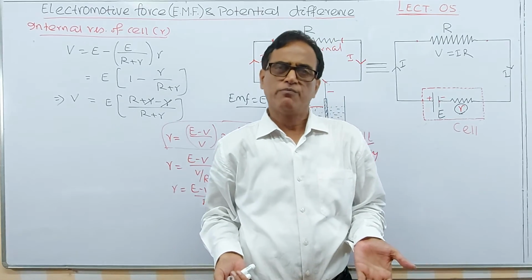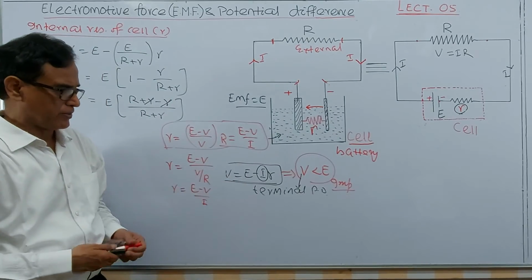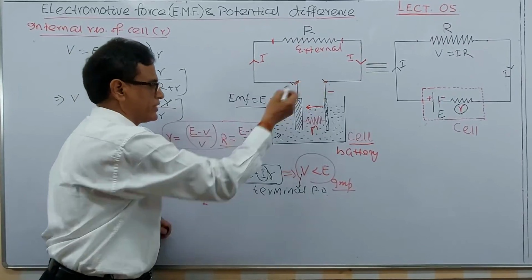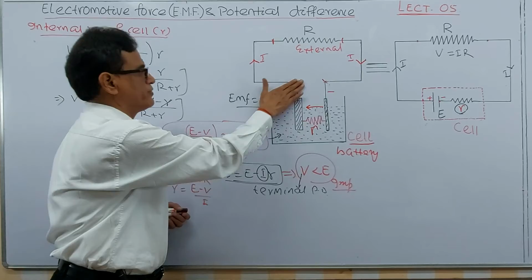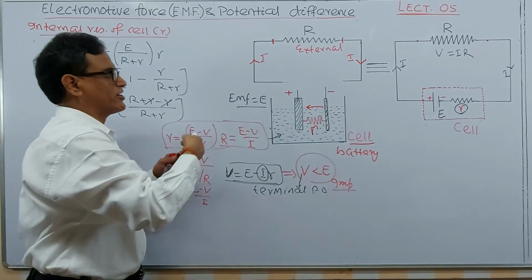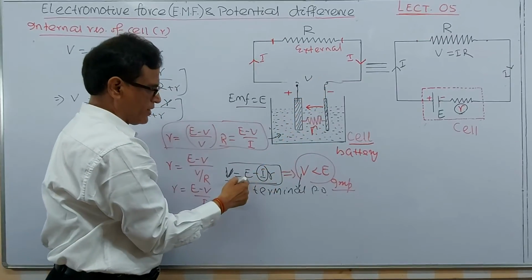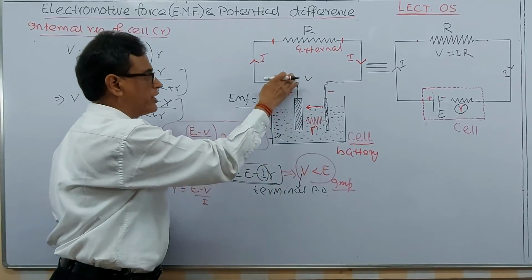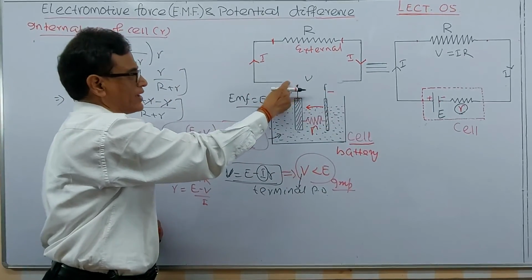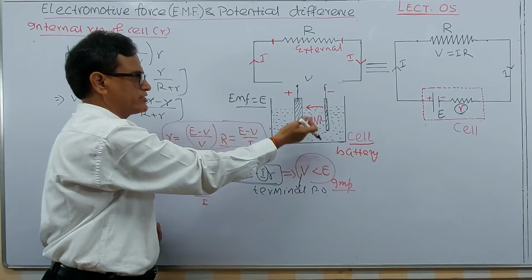Old name is EMF. However, if internal resistance is taken into consideration, this formula should be remembered. Terminal potential difference of the cell. You can see here, I am removing the circuit. Now this is a cell, there is no connection with the circuit, and this is called the terminal potential difference, we can say. And terminal potential difference is equal to the EMF provided internal resistance is 0, or it is open circuit. If it is open circuit, there will be no current, there is no path. So in that case, we can say terminal potential difference is equal to EMF also.